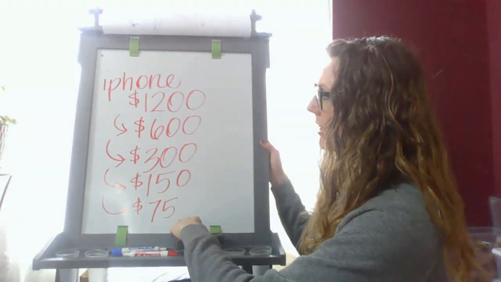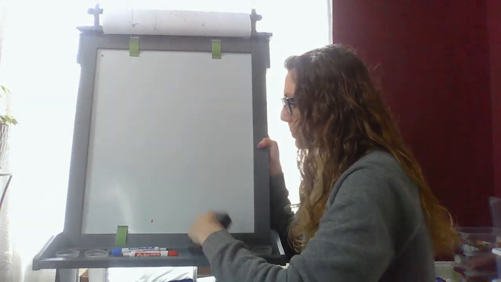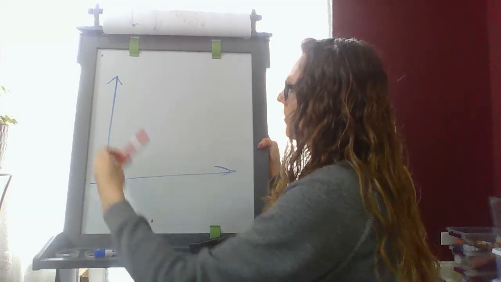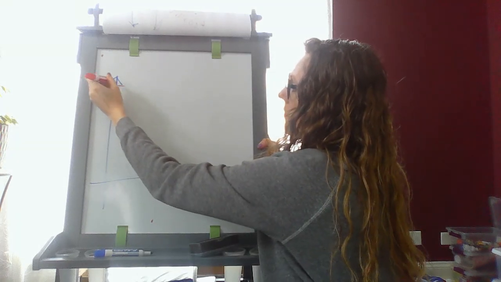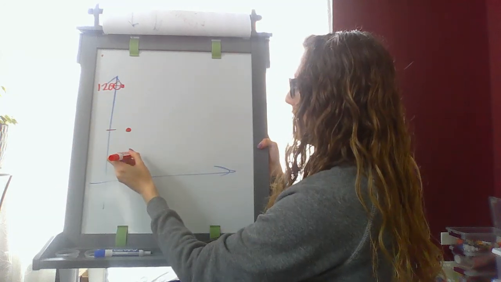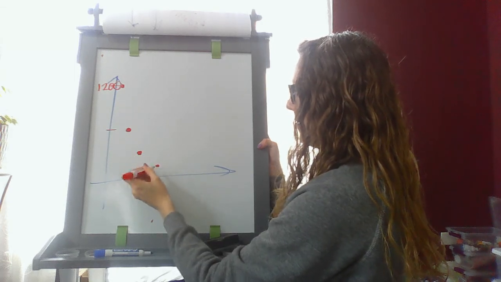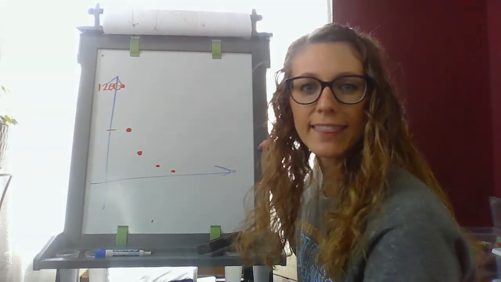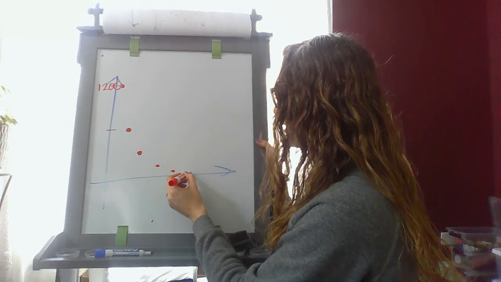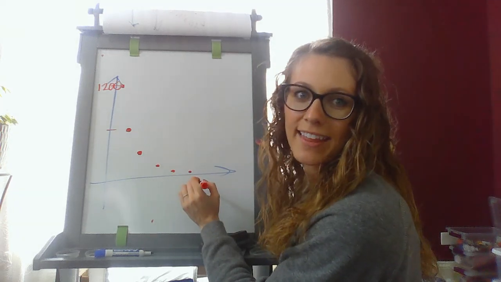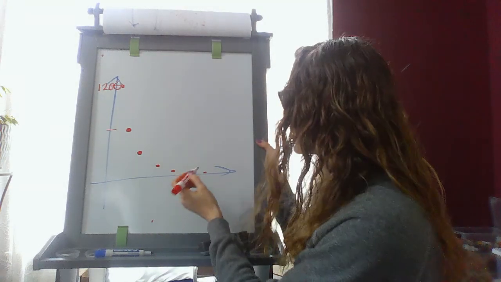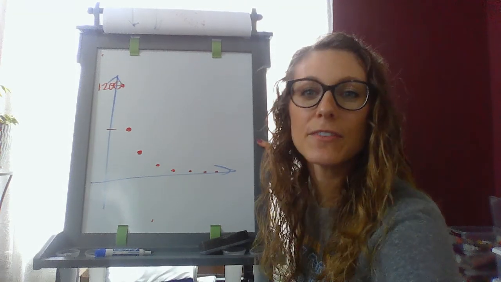If we look at what this would look like on a graph, if we were to plot some points on an XY axis, we started really high, all the way up at 1,200. Okay, and then it went all the way down to 600, and then it was down to 300, 150, 75. If we kept going with that, half of 75, we're starting to get into some decimals. We're somewhere around 30 something, and then half of that, maybe it's only worth $15. I don't know, this would be maybe way in the future. But if you keep taking half of 15, half of